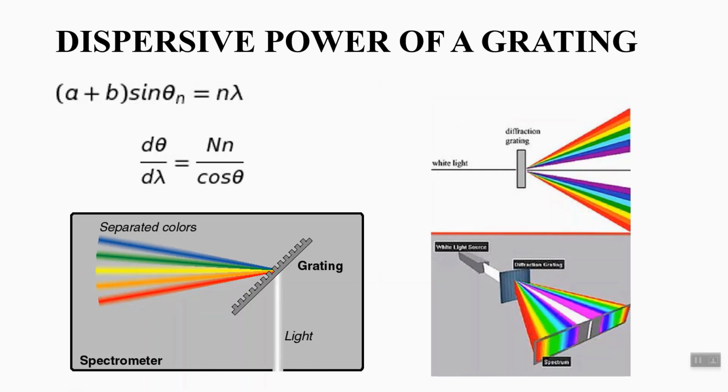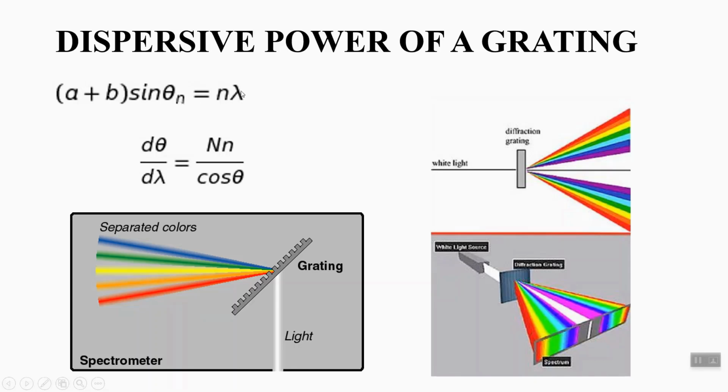If a parallel beam of monochromatic light is incident normally on the face of a plane transmission grating, bright diffraction maxima are observed on either side of the grating. These diffraction maxima satisfy the grating equation, which is given by (a plus b) sine theta n equal to n lambda, where a plus b is d, which represents the grating element. Theta n represents the angle of diffraction corresponding to that particular order n. Lambda is the wavelength of light used.